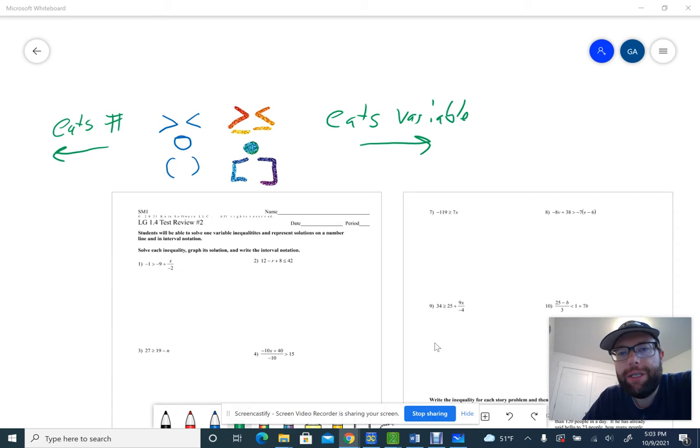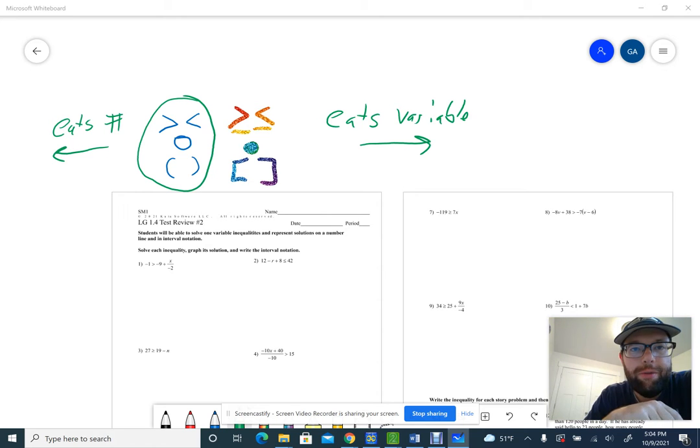Okay, so today we're going to be talking about the tests again. This is another practice test. The test will be tomorrow. Just a couple quick things before I get through solving all the problems for you. Just remember, if it's a regular inequality symbol, it's got an open circle and it's going to